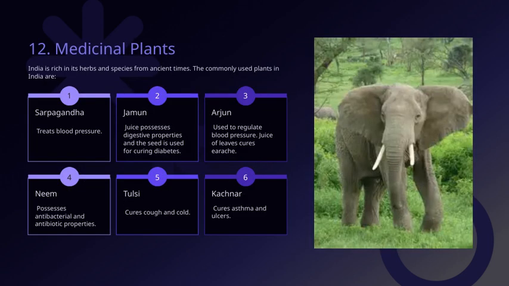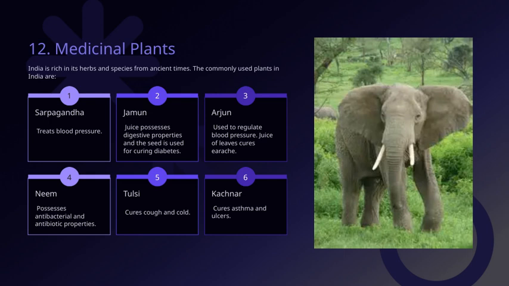India has a rich tradition of using medicinal plants, dating back to ancient times. These herbs are an integral part of our healthcare system and culture. For example, sarpagandha is well known for its ability to treat blood pressure issues. Then there's jamun, which is not only delicious but also has digestive benefits, and its seeds are used to help cure diabetes. Neem is another remarkable plant with powerful antibacterial and antibiotic properties, making it a natural remedy for many